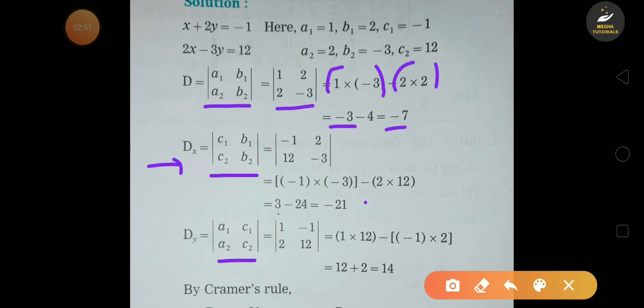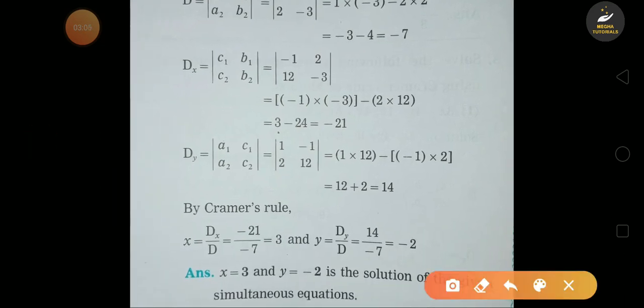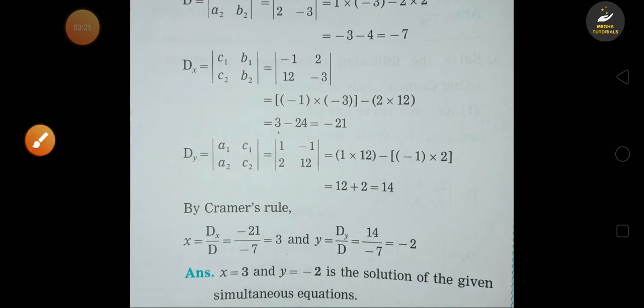Then dy, 1 2 minus 1 12, 1 into 12 minus in bracket minus 1 into 2. So 12 minus minus plus, so 12 plus 2 is equal to 14. So using Cramer's rule, we can write x is equal to dx upon d, which is minus 21 upon minus 7, so is equal to 3, and y is equal to dy upon d, which is equal to 14 upon minus 7, so it is equal to minus 2. So final solution is x comma y is equal to 3 comma minus 2 is the solution of the given